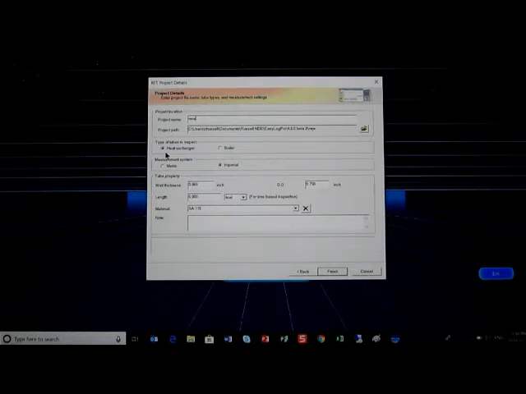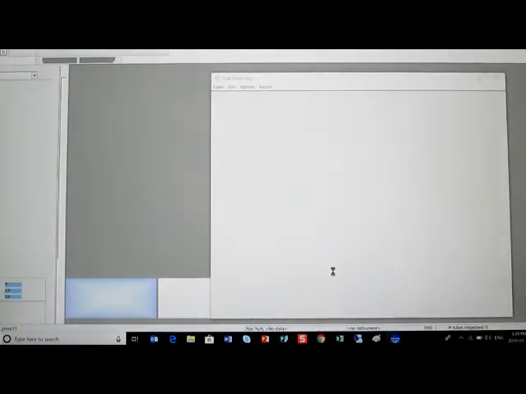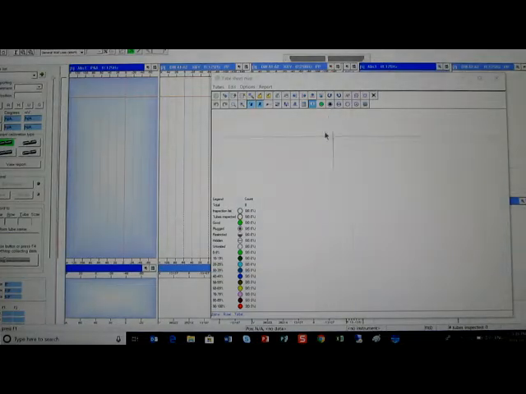You can then change whether you're inspecting a heat exchanger or a boiler, and whether the metric system is going to be used or imperial measurements. Put in the tube properties, the wall thickness and the OD of the tube, and the length of the tube. In this case I'm going to use a sample tube which is only 6 feet long, and I've chosen S178 material. So when you've finished that, you can add notes, by the way, here if you want to. When you're finished, just click finish